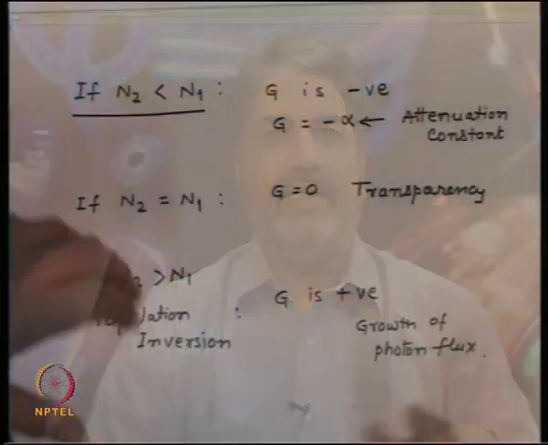So, now if we want to really grow the stimulated emission inside the material, if the radiation travels more and more inside the material and if the population inversion is there, then the radiation will keep growing. So, now the idea is essentially to make the radiation travel more and more inside the material by a certain mechanism, maintain the population inversion, and if we do that, then we get the stimulated emission coming out of the system, which is the coherent radiation. So, this is the fundamental equation for the laser.